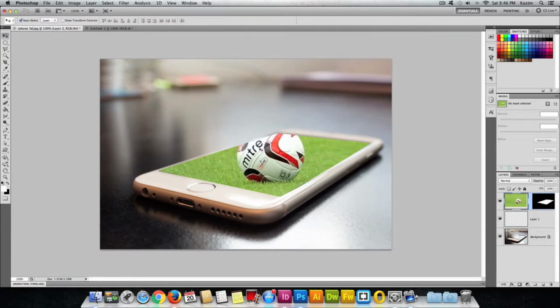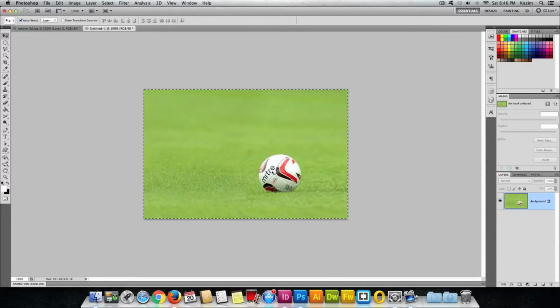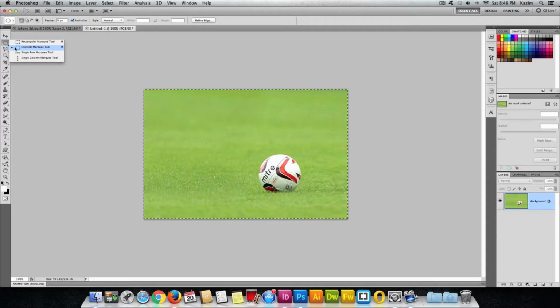Right now you can see the ball is getting cut off because it's inside the screen, inside this Paste Into which we just created. Then you can navigate to that folder again, and this time we'll just select the ball. Go up to the toolbar on the left side and select the Elliptical Marquee tool, the second one. Once you hold down this icon, it will pop up these 4 tools. You will need to select this ellipse tool, the second one. Click on this, and then while holding down Shift on the keyboard, select and drag so it will make a perfect circle, and select this ball. Just place it on top of this ball